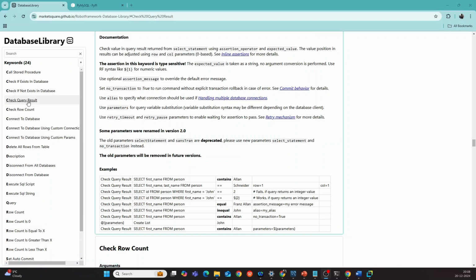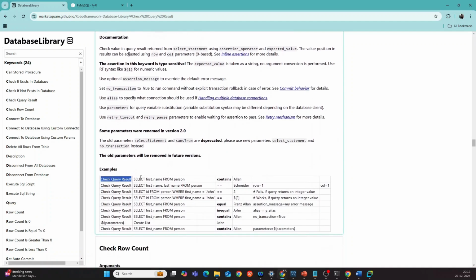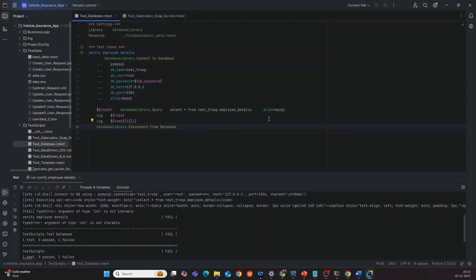Now let us try to use a few assertions that are provided by the database library. Let's check query result. Check query result checks the values in the query result returned from running the particular query. Okay, the syntax is check query result, the query itself, and then the assertion here. It contains, equals, and things like that. And let us go and copy this